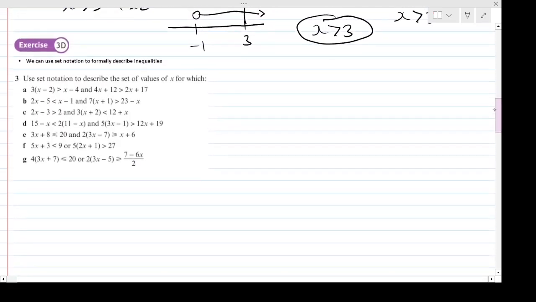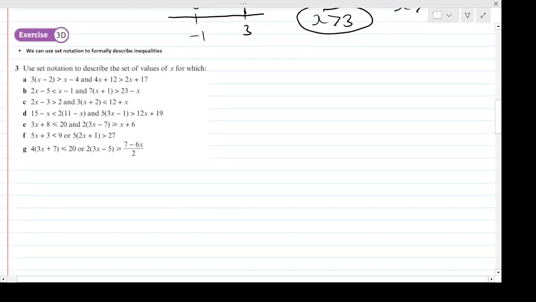But now we're going to look at something called set notation. And the textbook doesn't go over it really. So I'm going to dedicate this section, the rest of this section, to set notation, obviously linked to linear inequalities. Okay, so